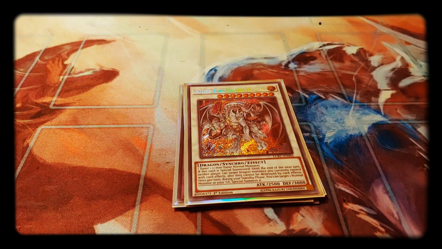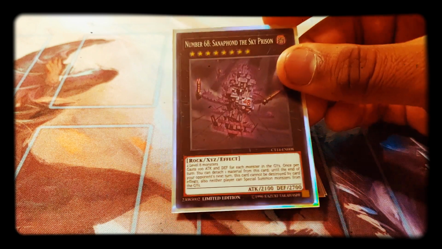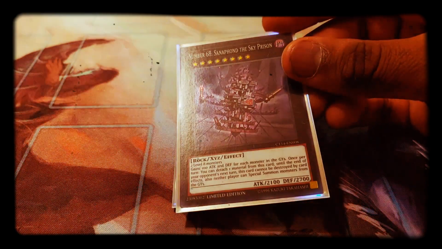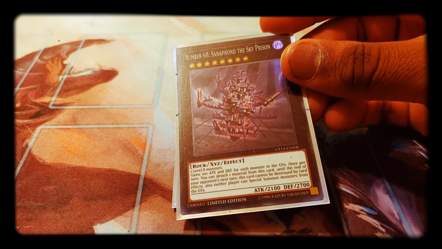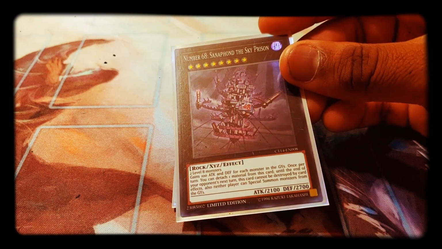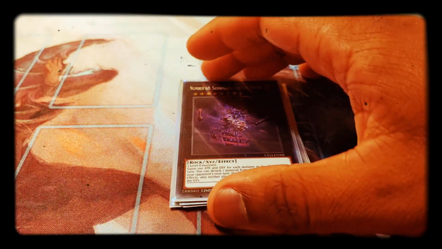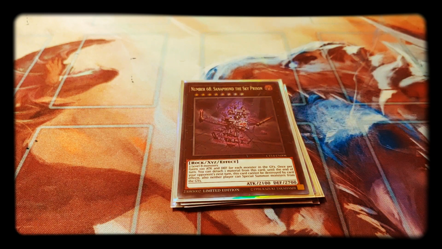Going into the XZs, I just run one Sky Presence Xenophon. He's pretty clutch to stop, can't special summon monsters from the graveyard, so stop your opponent from recurring back monsters. So that's pretty good. And then, just like I said, for my links, I'm a little heavy on the links